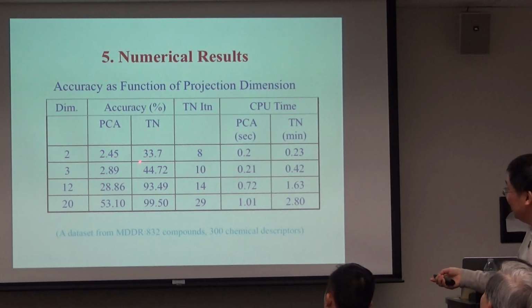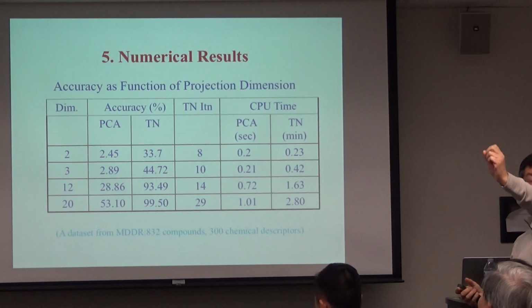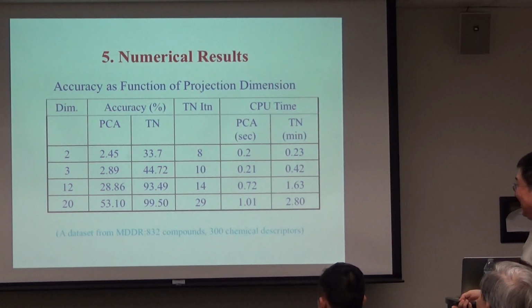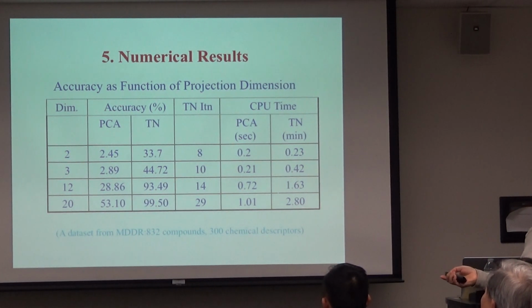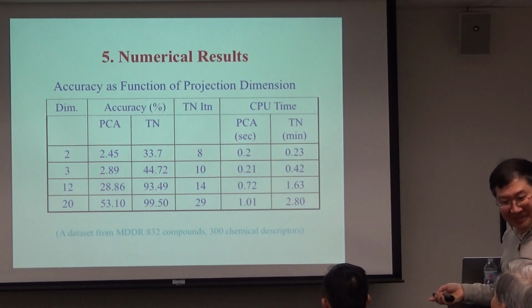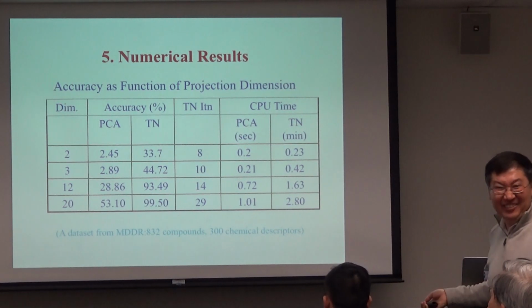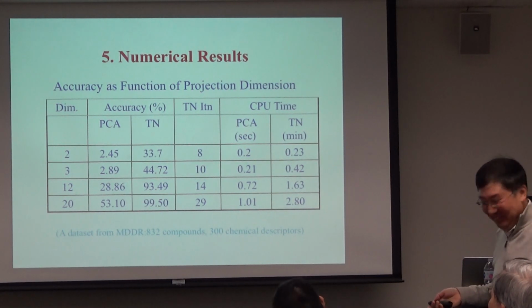Both of them are very good because you can view the points. So you see, this is CPU time. It actually raises the accuracy to there pretty fast. This CPU time was done almost 15 years ago. I think if you use a new computer it will be much faster. That's an older computer.